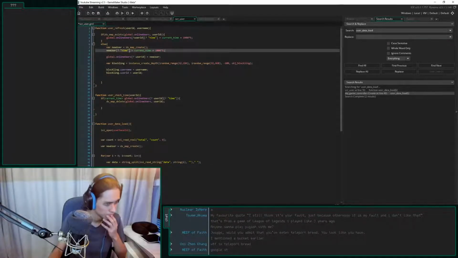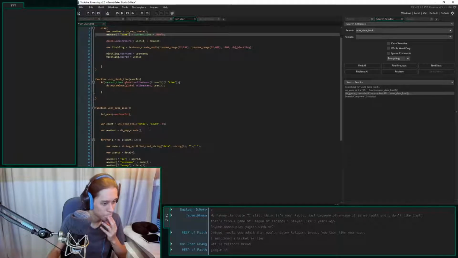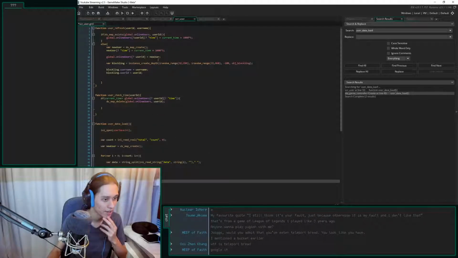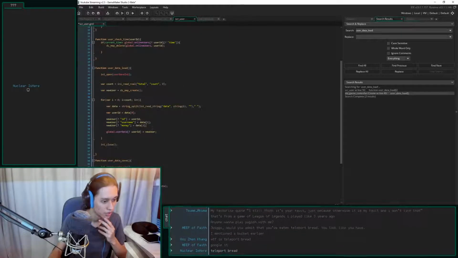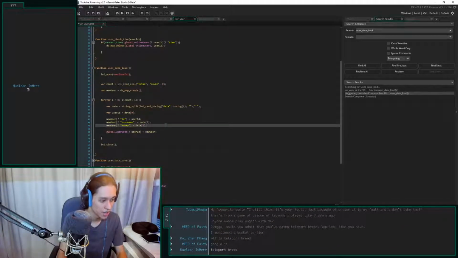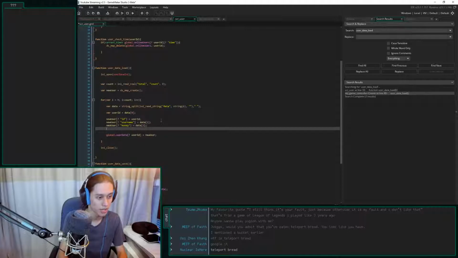I don't think I like that. I don't think I like that at all. I think we'll just have the user, if I load you, I'll just set your time to 0, I guess, since I need it stored somewhere. So as I load you, new user time equals 0.